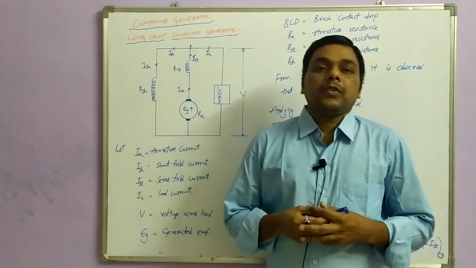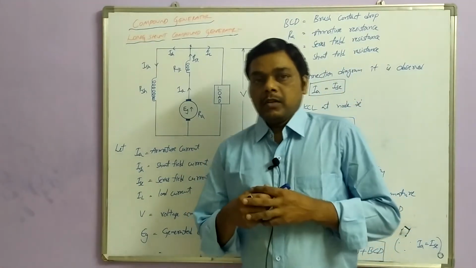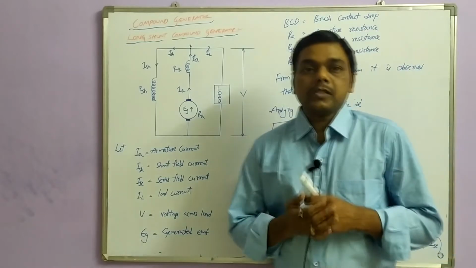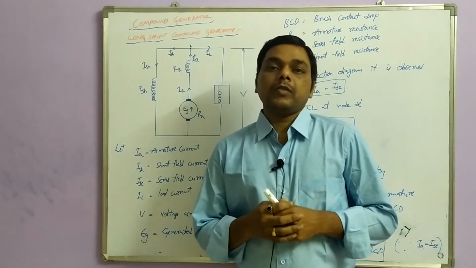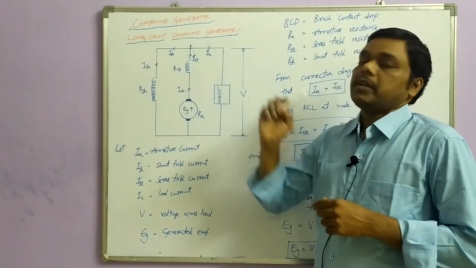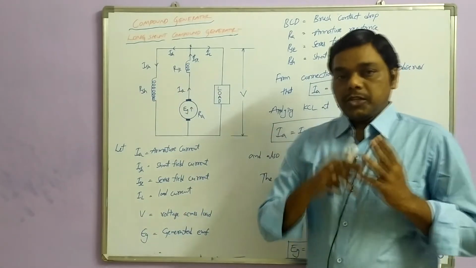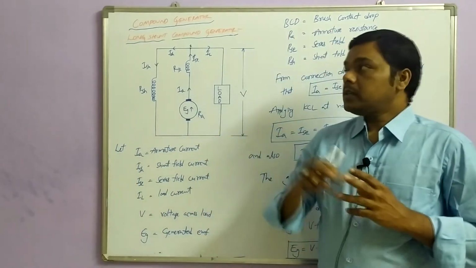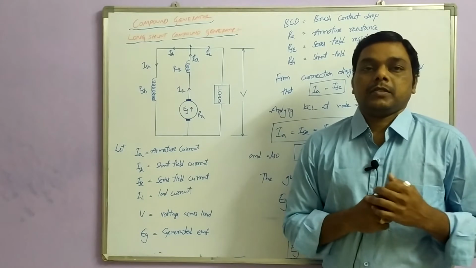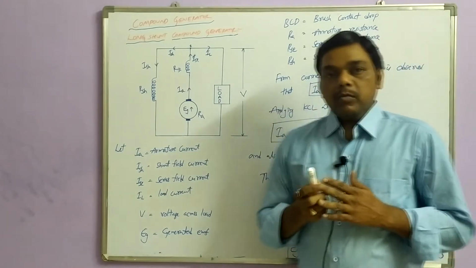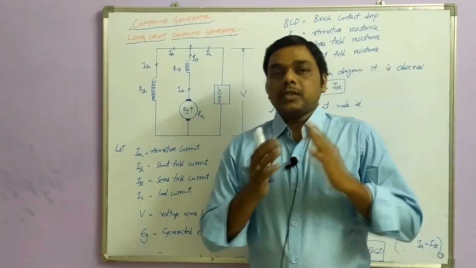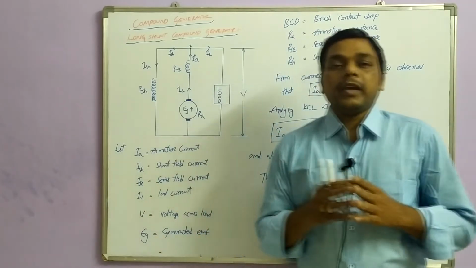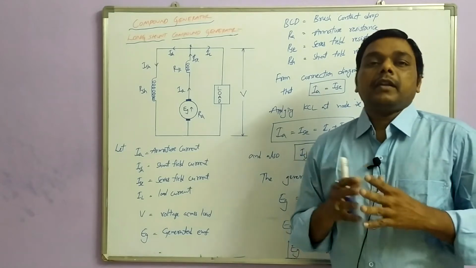Today in this lecture we are going to discuss types of DC generators: series generators, shunt generators, and the third one, compound generators. Shunt generators and series generators we already completed. Now we will discuss the compound generators. The main purpose of shunt, series and compound generators depends upon the application, that is, the current relations.